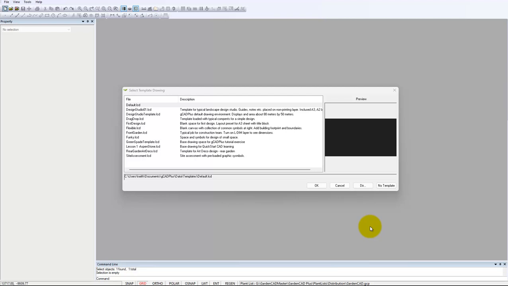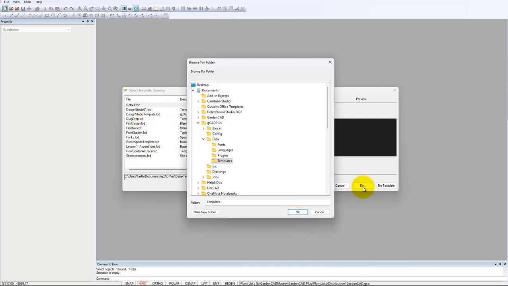A GK Plus user in Kentucky wants some help with setting up a template. I've made a little template for him, but we need to tell GK Plus where to find it. Rather than use any of the templates that are built in, we'll simply go dir, and I've put things into the desktop. So if we go desktop